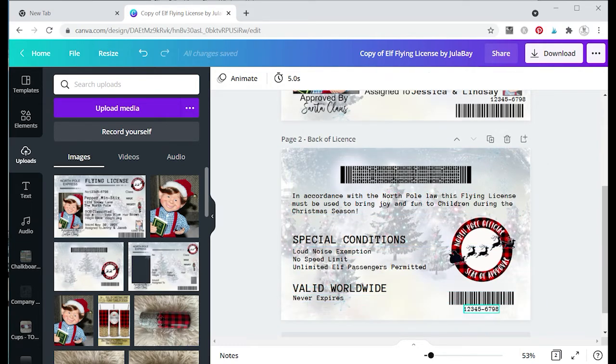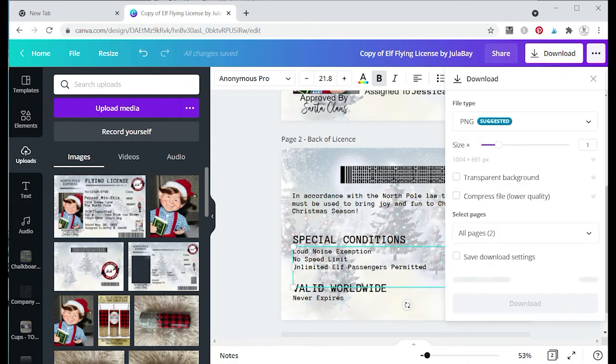You can match your license number. You can put whatever special conditions. You can put something funny in here, like "this mess will not be cleaned up," or "expect lots of mischief," whatever you like. So once you're done, you're going to download this as PNG,